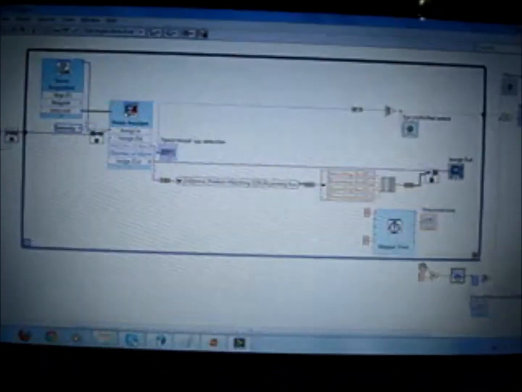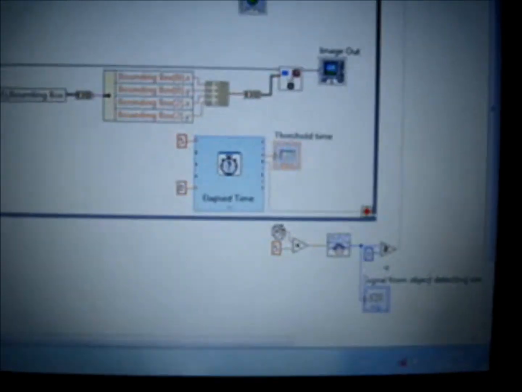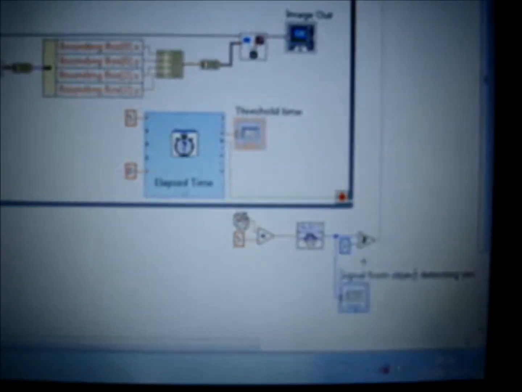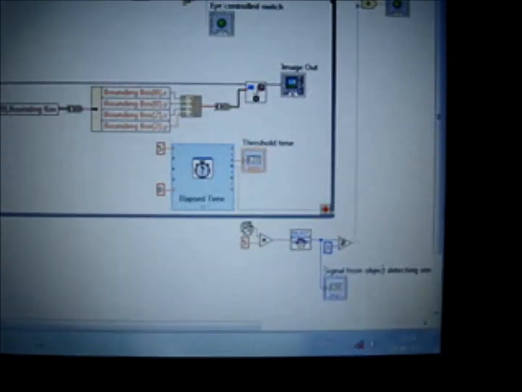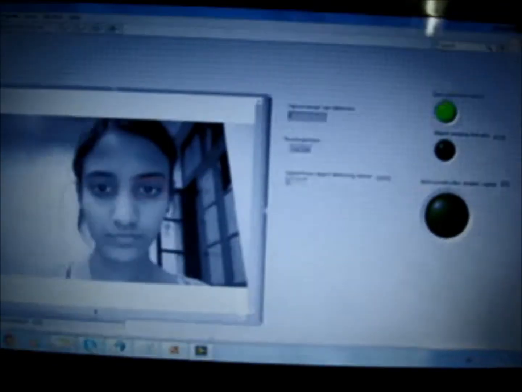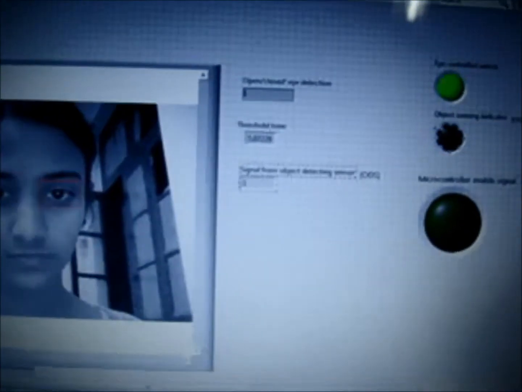If the output is within the area of interest, that is, within the grasp of the wearer, the value output by the sensor is assumed to be greater than or equal to 3 volts. This is considered the threshold value. The signal from the object detecting sensor, that is ODS, displays the simulated output of the object sensor.